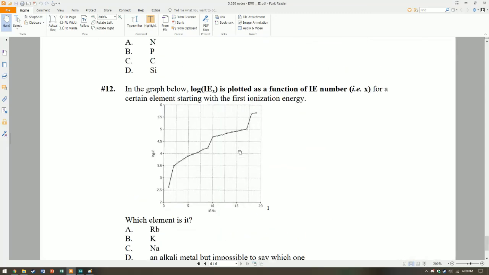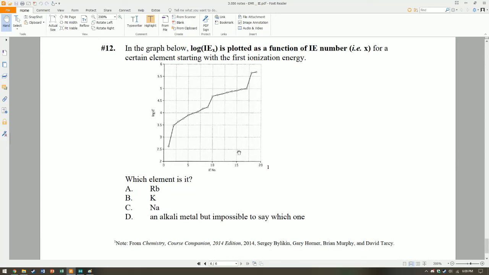So here, let's actually do number 12. Pause the question now. All right, I think we should start to see which one it is. Straight away, you can see a big gap here in the energy level. We can see a big gap here, here, and here. So there are 3 main energy levels. And if I pull up my periodic table, that should be potassium, because that's in period 3. So that's potassium. And the reason is that we have an immediate jump here from the first,